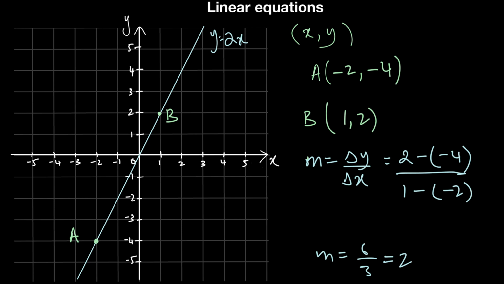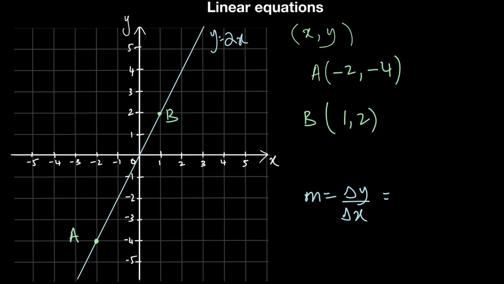Now, what if I had started at B instead of A? What if I went from B to A? Well, my value of the slope shouldn't change. I can take any two values. I can choose A or B as the starting point. It doesn't matter. So in the second example, if we take B as the starting point,